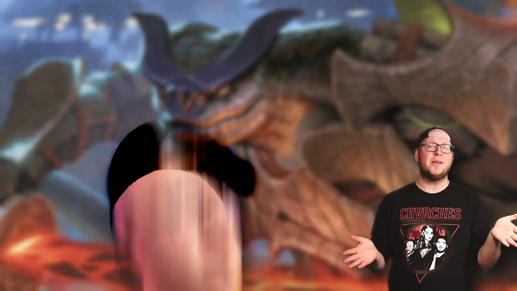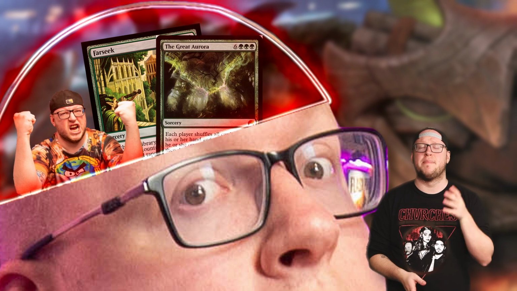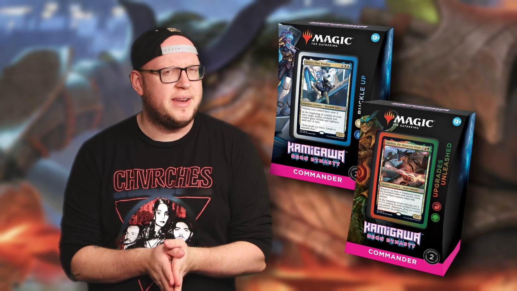I gotta say it, I love Gruul. I know it's basic magic, but the little Timmy in my brain just wants my big dumb creatures to have haste, big dumb burn to hit things, and big dumb ramp so I can cast big dumb spells at my big dumb opponents. So when Neon Dynasty Commander decks came around and Chishiro's Upgrades Unleashed popped up as a Gruul